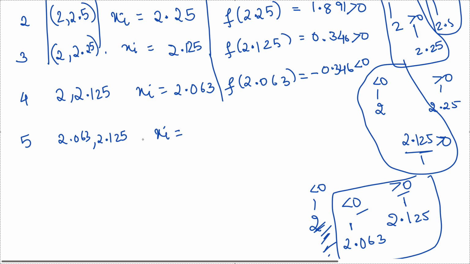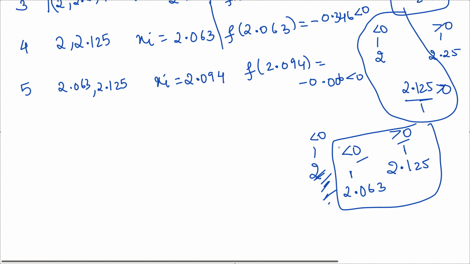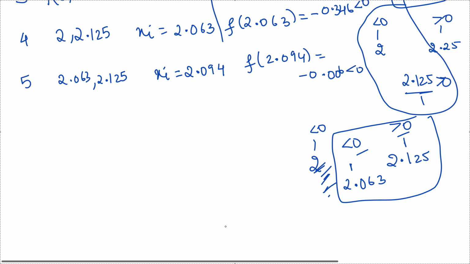2.063 plus 2.125 by 2 will be 2.094. Okay. Now what is f of 2.094? It's minus 0.006, which is again less than 0. So what we had